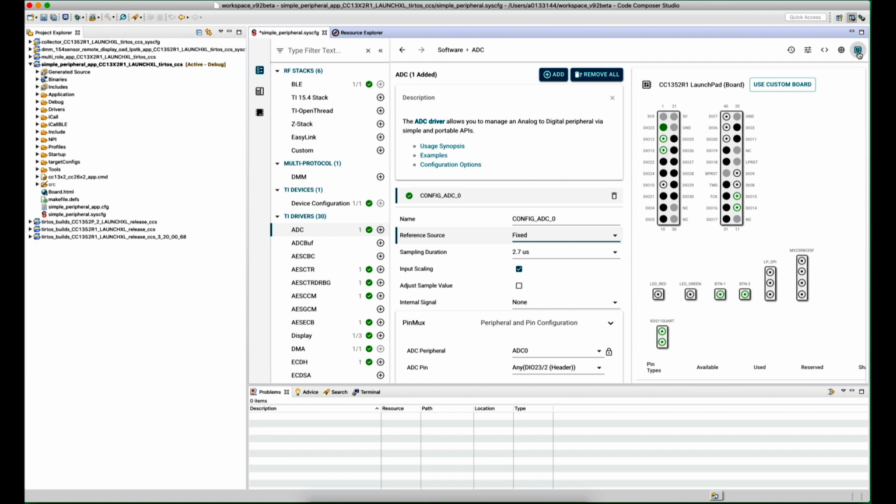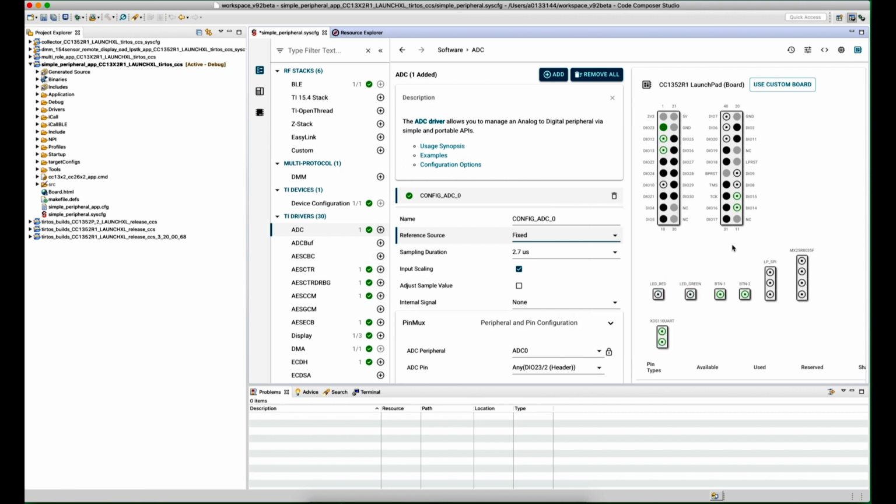Yeah, it makes sense. And how does this then start to interact with the hardware the user has, whether it's one of our Launchpads or maybe their own board? Yeah, great question. So there's a few other views that help facilitate that. Here on the right corner is this board view. And this is where you'll start to see basically what looks like the Launchpad connector. So you can actually see which pins are being used or leveraged with your given configuration.